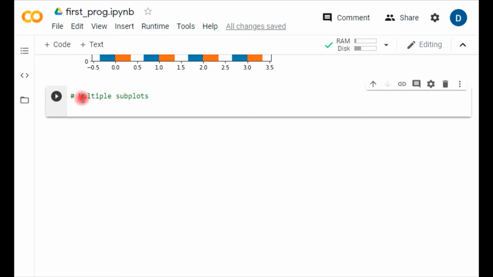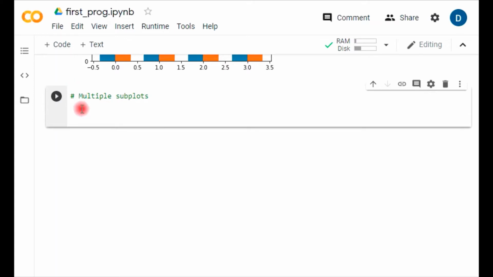In Python, we have a facility that we can create different subplots in a common plot. For that, let's take a very simple example to understand this. Here I'm taking an example of creating two subplots of damped and undamped oscillations. Science students can easily understand what damped and undamped oscillations are. So here we are going to work with these oscillations.